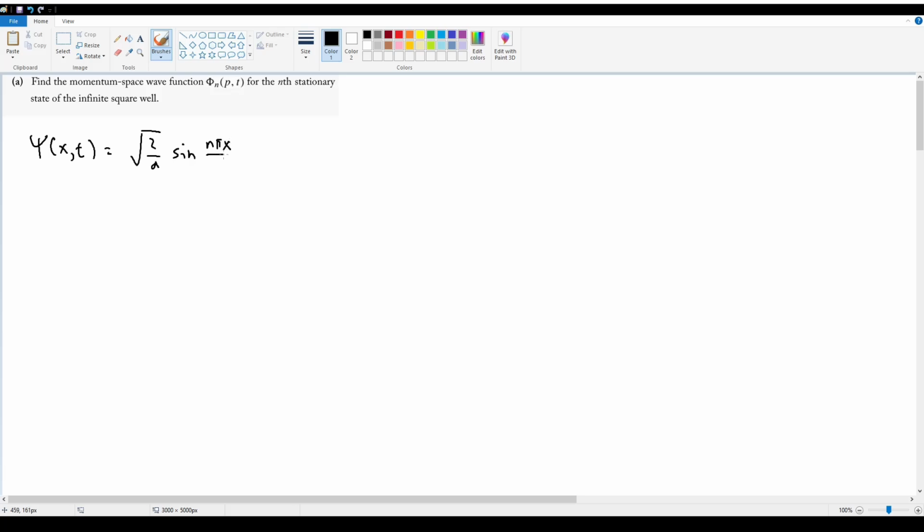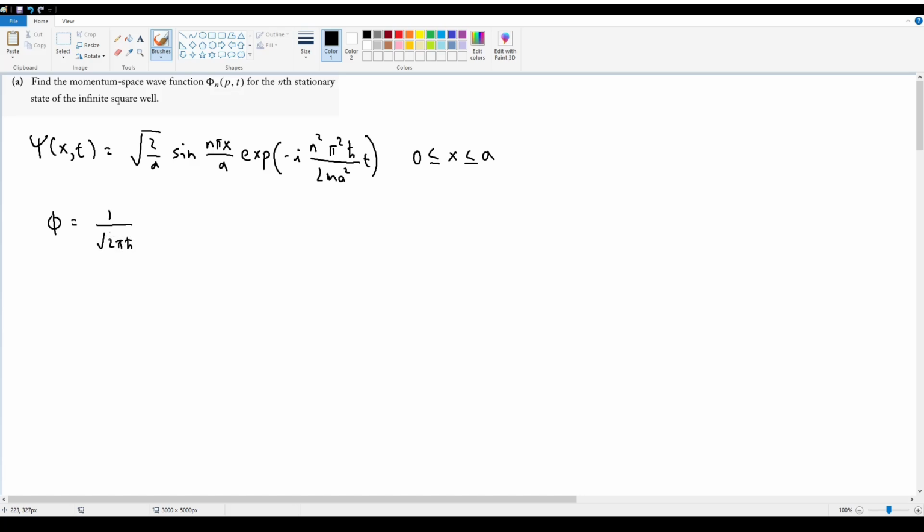pi x divided by a times exp of negative i n squared pi squared h bar divided by 2ma squared, multiplied by time at the end, and this is going from 0 to a, where a is the width of our infinite square well. So if we want to find phi, it's just a matter of plugging this into a Fourier transform, in which case phi is going to equal 1 over square root of 2